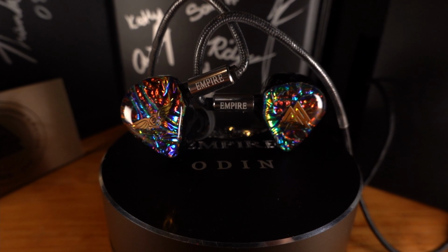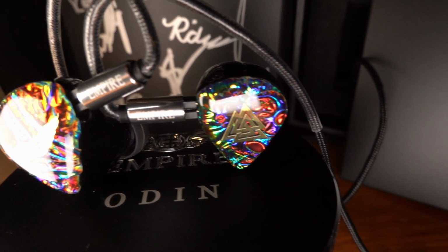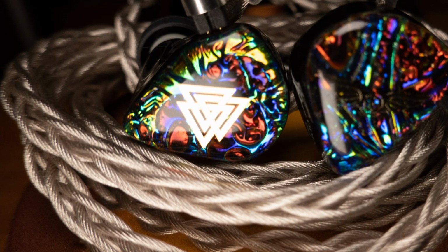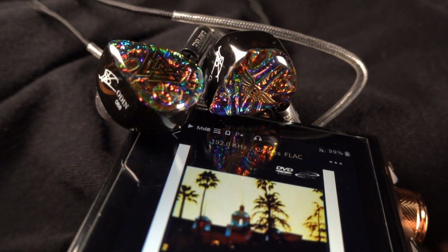Coming in at number 3, the Empire Ears Odin. A favorite of many, the Odin was my number 1 IEM at the Director's Garage for 6 months. It features terrific detail retrieval combined with a world-class soundstage that has depth and space for every instrument in the mix. Plus a hefty bass punch due to dual dynamic drivers, also the heftiest price tag in this list at